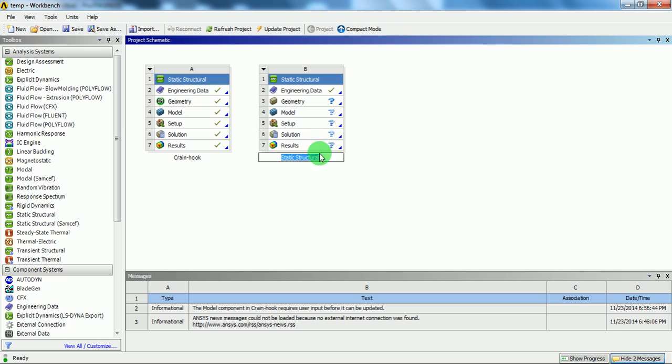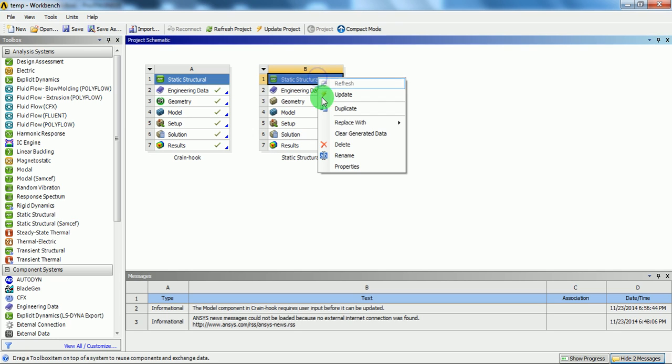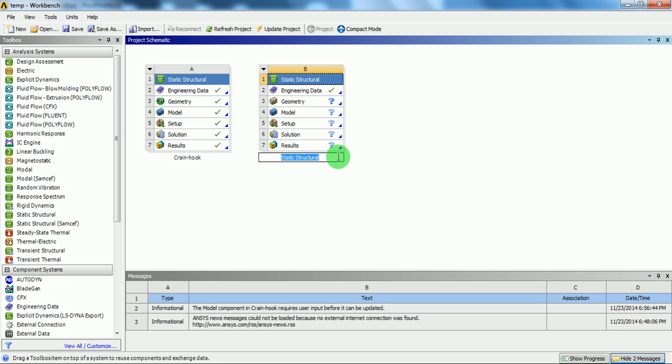Rename the file with the name as crane hook and eye bolt. Enter. Under the engineering data, material properties can be edited.